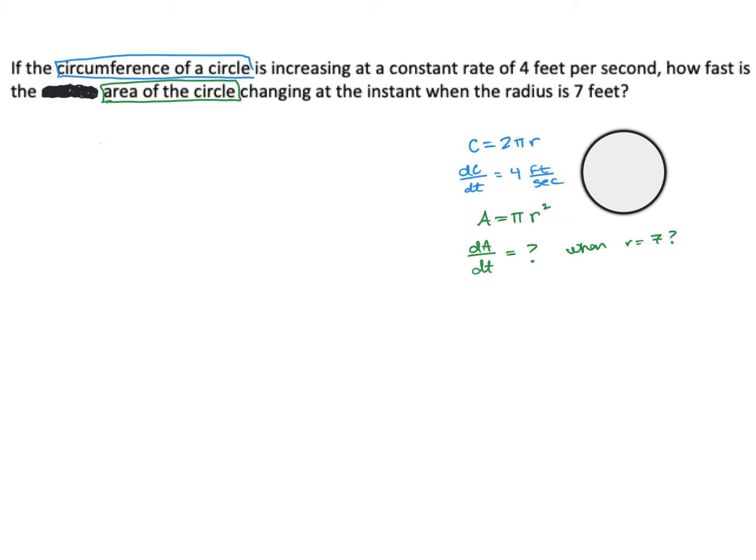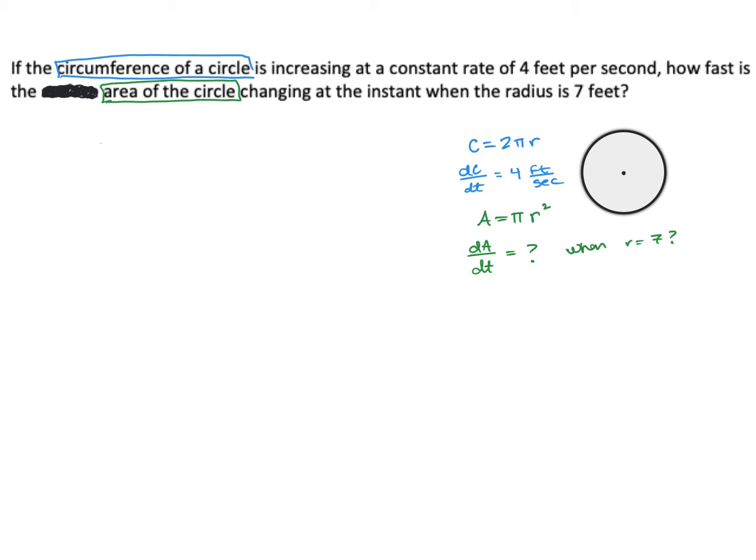So for this related rates problem, we're looking at the circumference of a circle and the area of a circle. So we've got a circle drawn right here. There we go. And our two formulas we're going to use are circumference and area. So if the circumference is increasing at a constant rate of 4 feet per second, and that means the dC